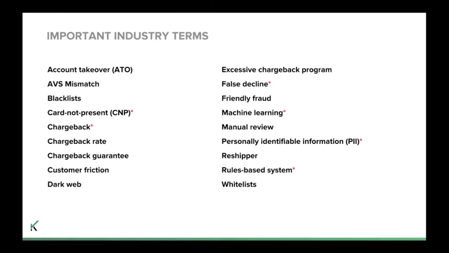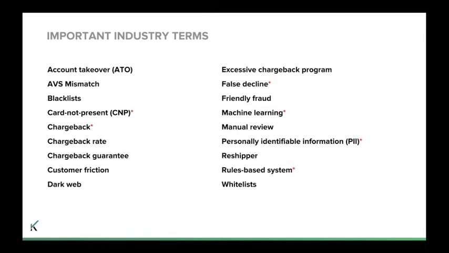So when we talk about e-commerce fraud, it's basically for card not present or CNP transactions, which are transactions where the merchant is unable to physically examine the credit card. So usually when a purchase is conducted via a digital channel or over the phone. Unlike card present transactions where the cardholder is physically present, in CNP transactions, the merchant is liable for any costs that occur during a chargeback. So that includes the refund of the purchase price, shipping costs, and other fees.